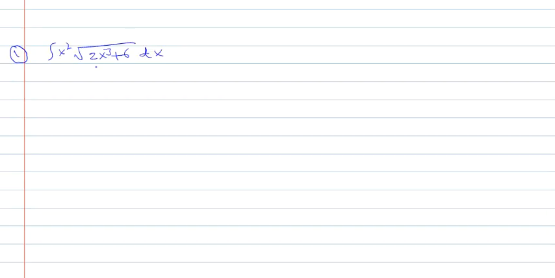So for example here we can take 2x cubed plus 6 as u. Why? If you take the derivative of 2x cubed plus 6 dx,